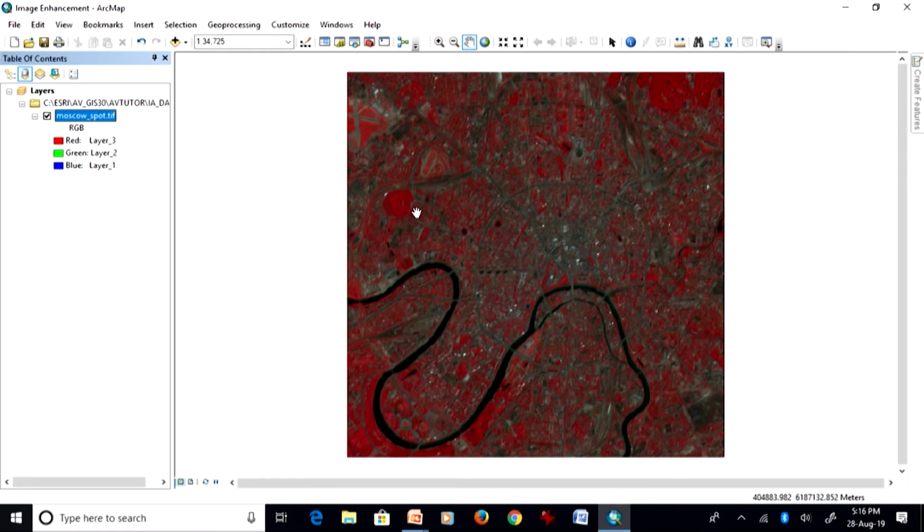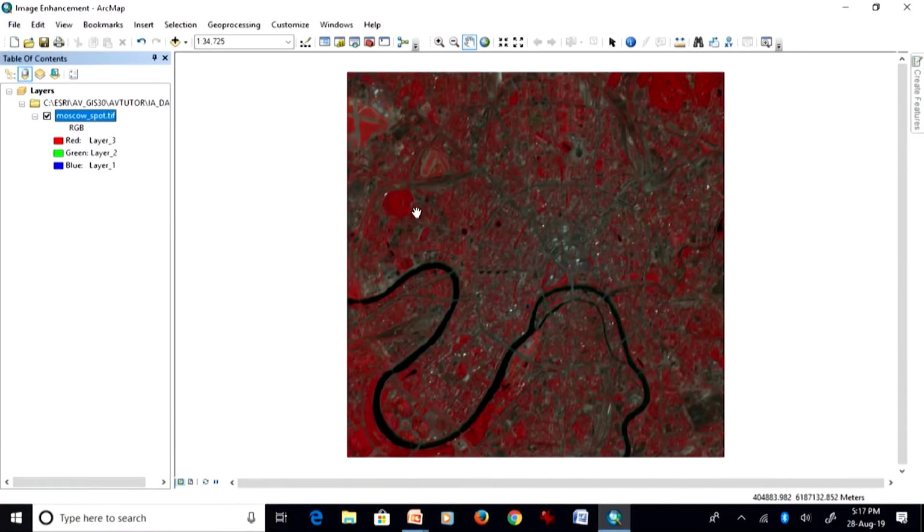So whenever you create a false color composite, first of all you need to have 3 channels. You need one infrared channel and 2 other channels, blue and green. This is the standard practice of creating a false color composite, because for interpretation of false color composites you also have interpretation keys, which we will be discussing in other lectures. So for that purpose, everyone should understand the standard false color composite.